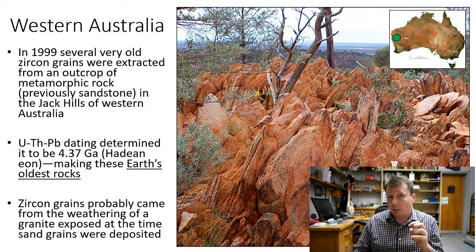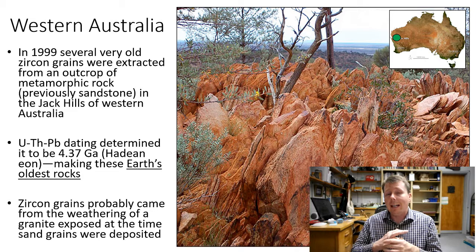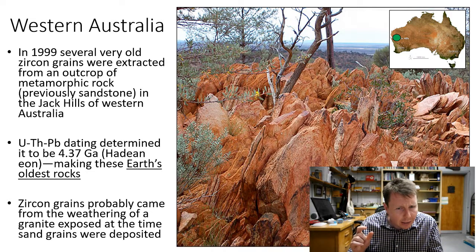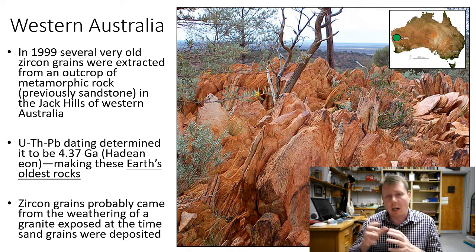The oldest rocks on the surface of the Earth are actually located in the Jack Hills region of Western Australia, which is near Perth. They were found just before the millennium in 1999, and the rocks themselves have a very complicated story. In fact, the date that we have this age for isn't even a full rock. It's a grain of zircon. I think it's zircon. Let me just double check here. Yeah, a grain of zircon that was found within these rocks.